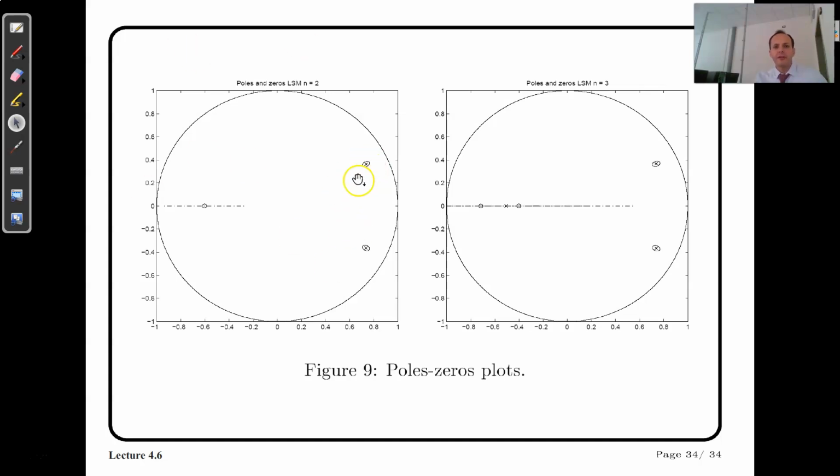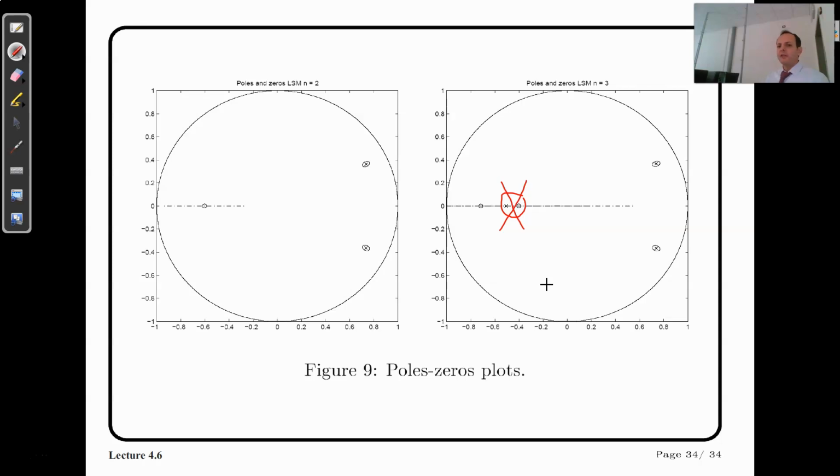So in fact, you have an order 2 with 2 poles and 1 zero. And check what happens if you consider, for example, a model order 3. There is like a pole zero cancellation. So it means that you don't need to include an extra pole. So 3 is too high in your model